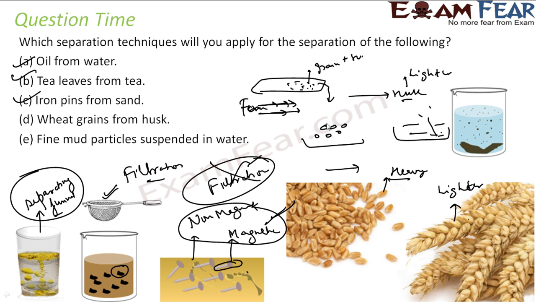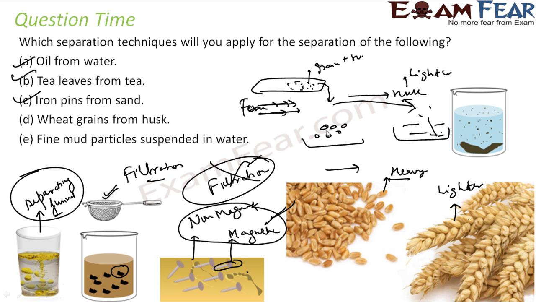Okay, you can try this kind of experiment at home, where you take one light particle and one heavy particle and try to throw them in front of a fan. You will see that the lighter particle will go and settle down somewhere far, but the heavier particle will fall down immediately. Okay, you can try with maybe a small piece of paper,